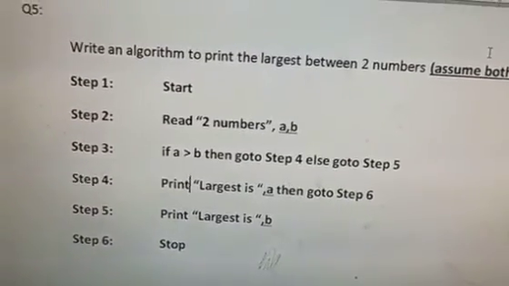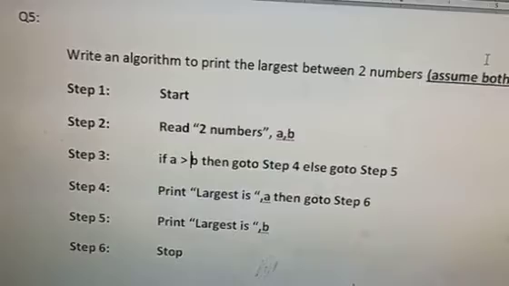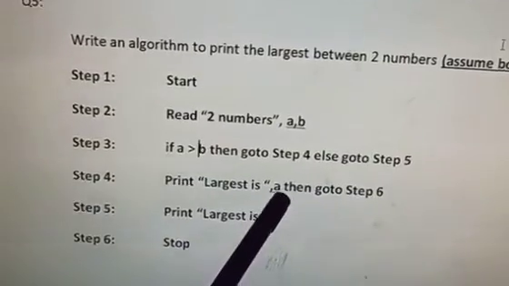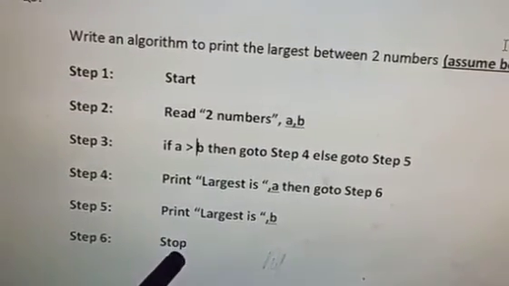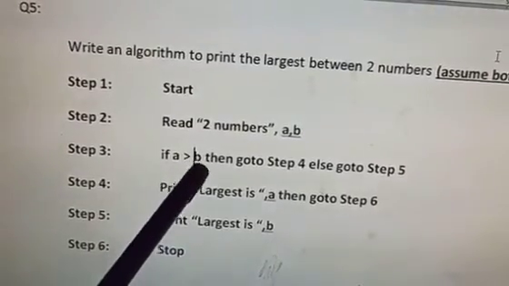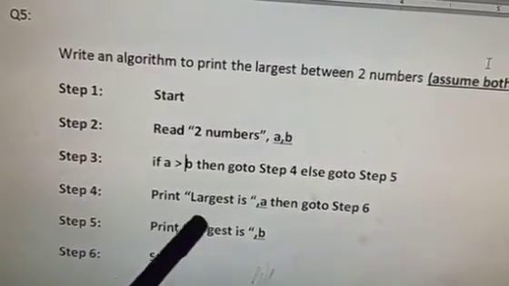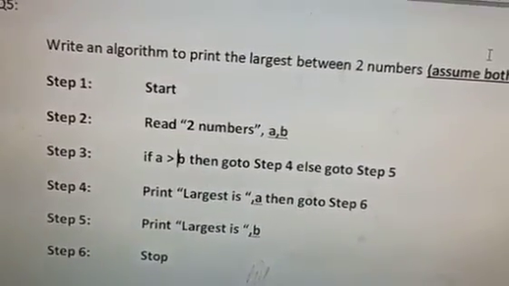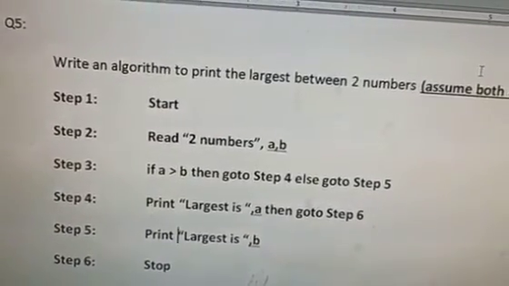Now again see, if the condition is true in step 3, then your control moves to step 4. That means if the condition is true, we are directly coming here, printing the largest is A. Then after that your control moves to step 6. On step 6 we are stopping the program, means we are finishing the program. But maybe the condition is false, then the else will execute and it will go to step 5. So the fourth step will not execute in the opposite case, and here we are simply printing the largest is B. After that no need to write go to step 6 because automatically the control moves to the next line.